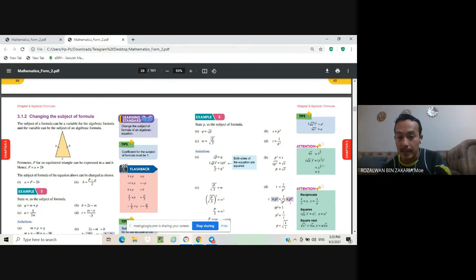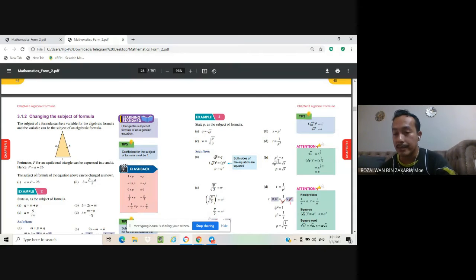So this one, P equal to Q power of 2. Why? Because when this is square root of P, then you put bracket, then power of 2 on your left side. On your right side also you need to put it in bracket, then power of 2 also. Alright, because both sides of the equation are squared. That's why we will get P equal to Q square. Can you understand this one? How to make P the subject of the formula, right?